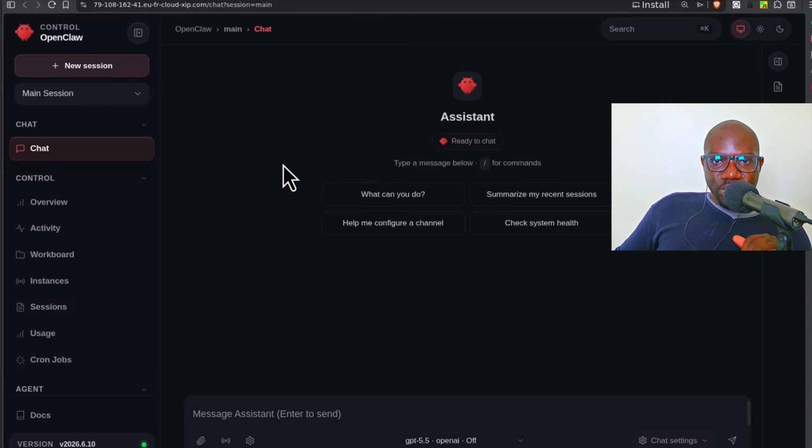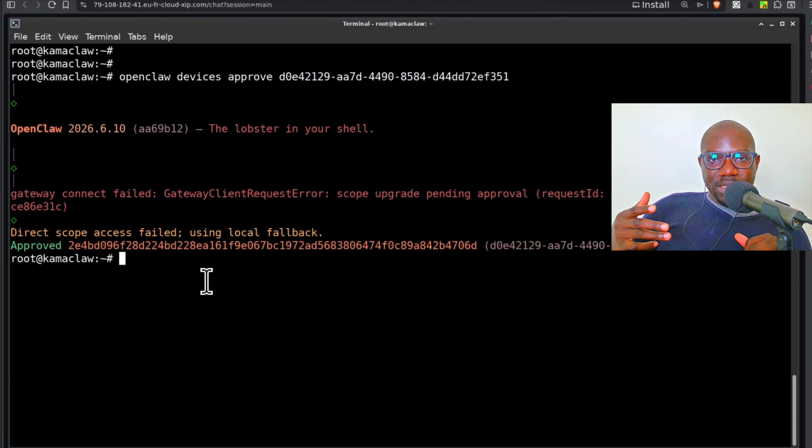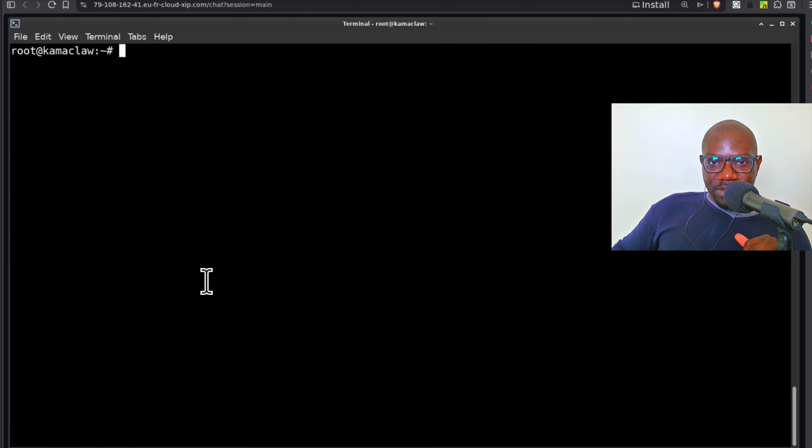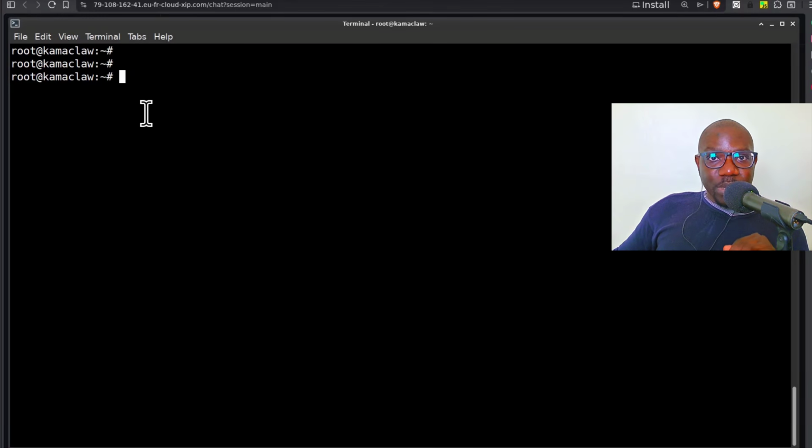Okay, so you need to plug in a model such as OpenAI, such as Anthropic models, just for you to use it. Otherwise, that's the brain. Without that, it doesn't have a brain. Let's configure Openclaw, and it's quite easy to configure. Every time you want to configure Openclaw, just do Openclaw configure,